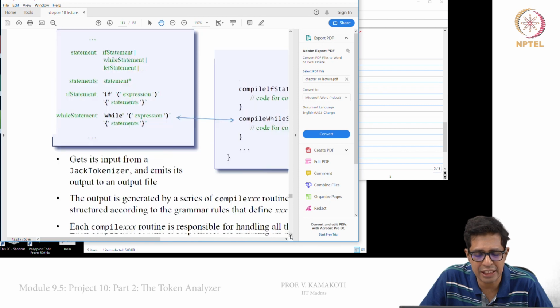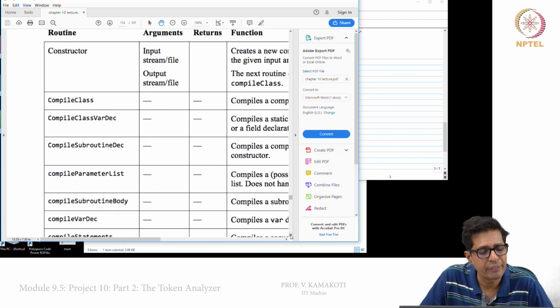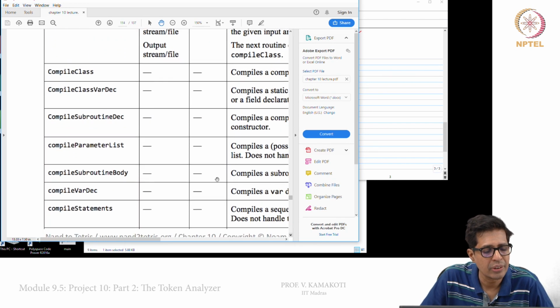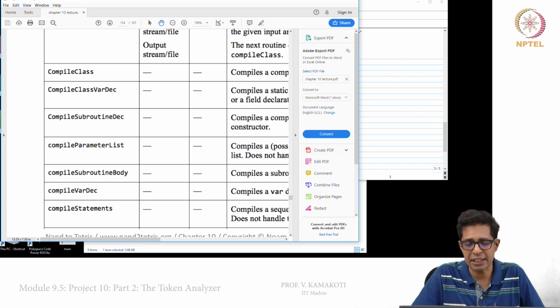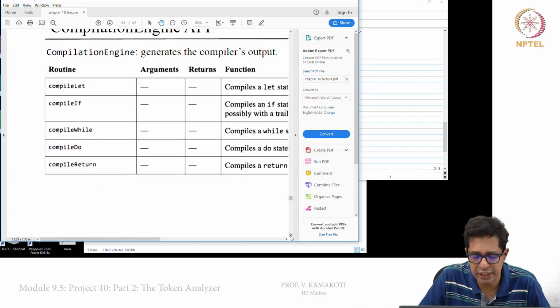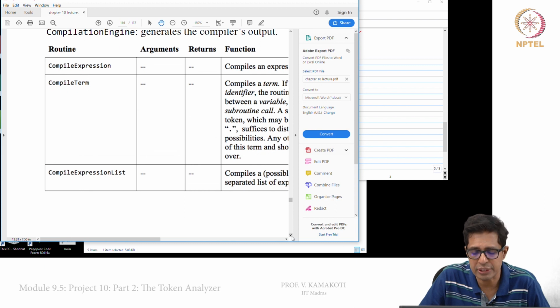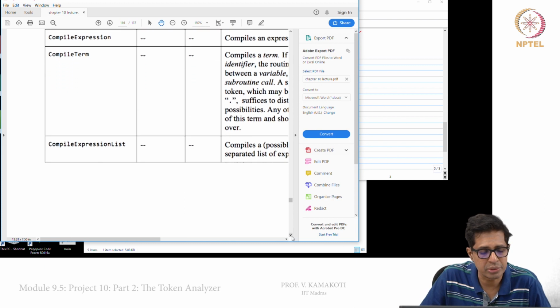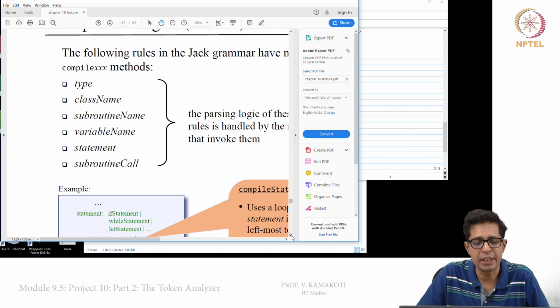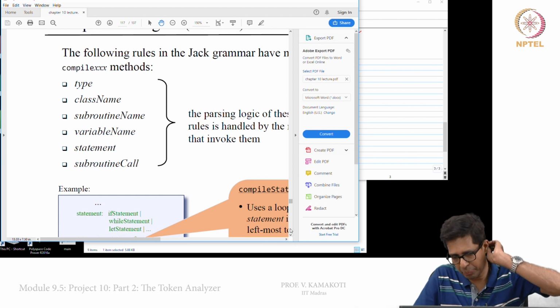Other rules we just express directly. So these are the subroutines for the second section. The first section was lexical. These are the subroutines for the third section, and these are the subroutines for the fourth section. So this is how we write the program.